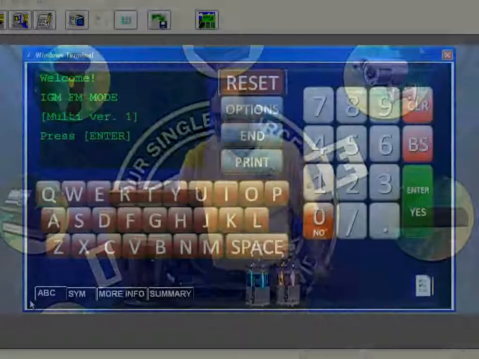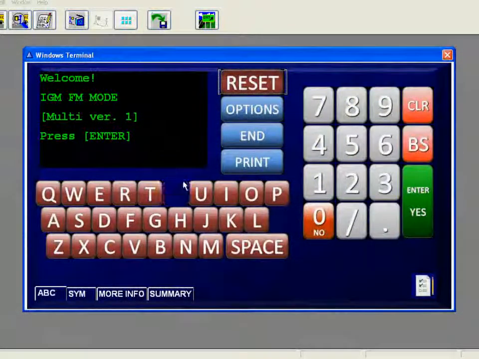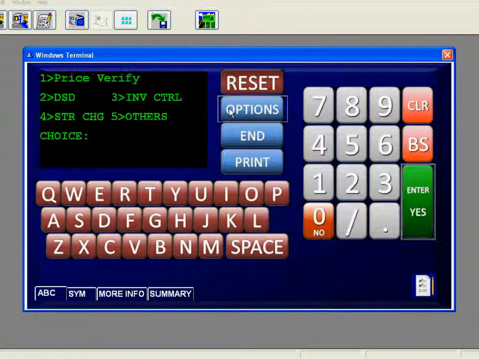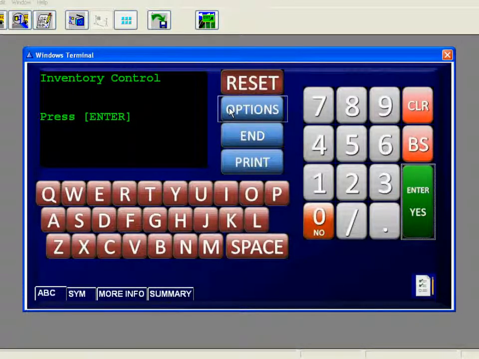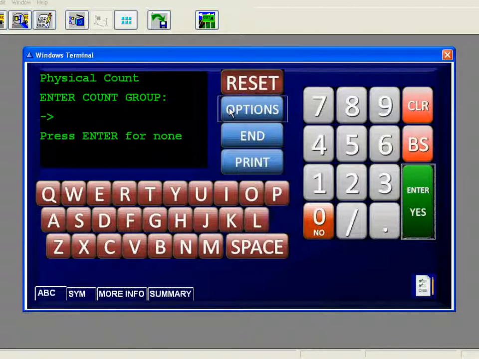Alright, once we start the IG Manager handheld, we're going to go ahead and get in there by pressing enter, and I'm going to go ahead and choose inventory control. And of course it asks me, press enter, so I do that. We got two choices right now, so obviously we want to play with physical counts, so we're going to do physical counts. Now for right now, we're going to ignore this count group, which we'll go over later. Remember, we're just doing a basic physical count right now. Alright, so I press enter,